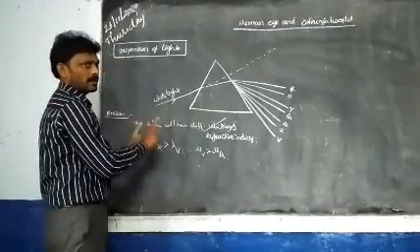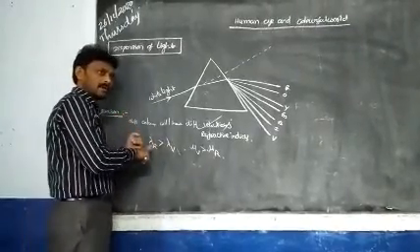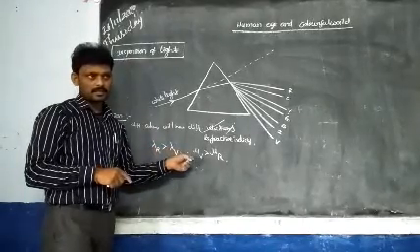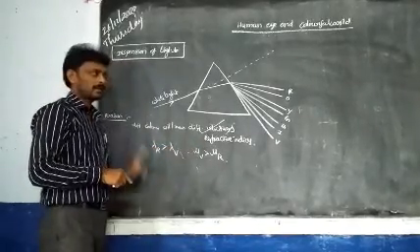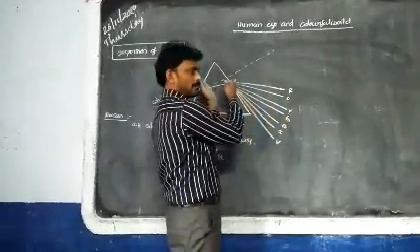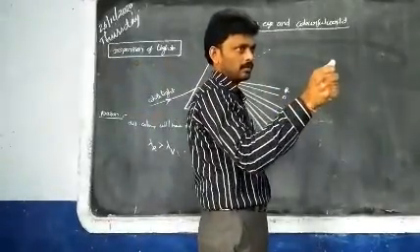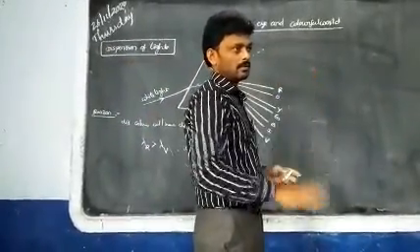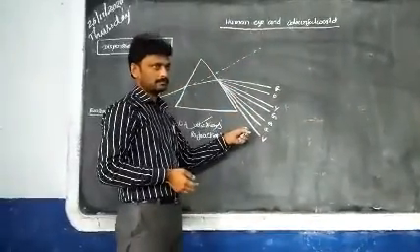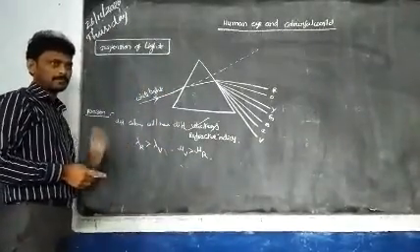So this is the main reason for dispersion. Velocity is different for different colors. Wavelength is different. Automatically, refractive index is also different. So that is why everyone is going with different velocities, and that is why dispersion is happening. Look, everyone is sitting here. I opened the door and allowed everyone, so different persons are running with different velocities. The same thing is happening here. Okay, so remember this. This is the reason for dispersion.